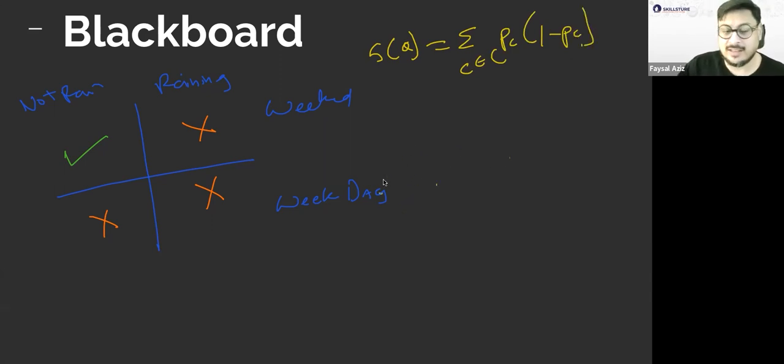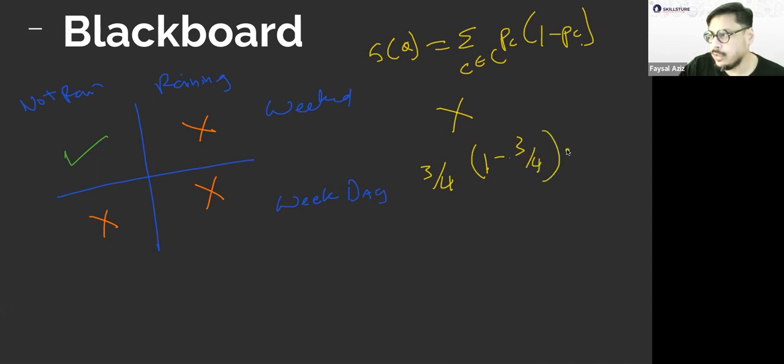If I were to do it like this, how many conditions of red are there that I don't take the dog to walk? Okay, that I do not take the dog to walk, the crosses. How many conditions of crosses? 3 of 4, right? 3 of 4, times 1 minus 3 over 4, which comes to 1.875.